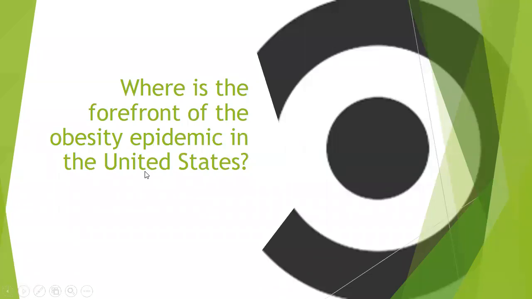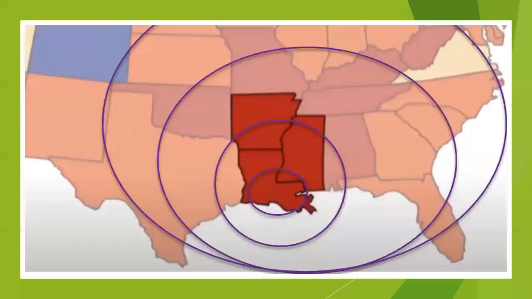And where is the forefront of the obesity epidemic in the United States? And that is the South. Okay, the South, right in the mid-South there. That is where most of the obesity started to occur and almost spread out from. Okay, and so watch this. I'm going to go ahead and